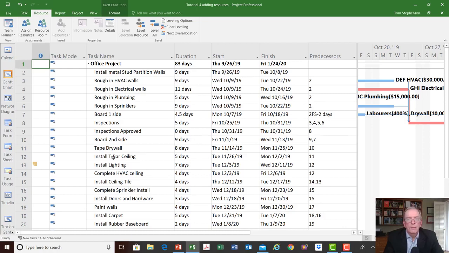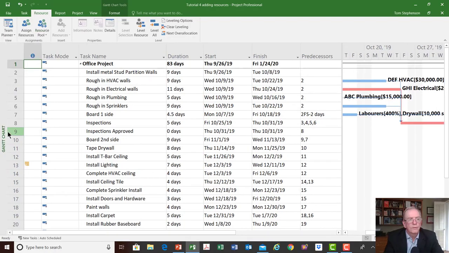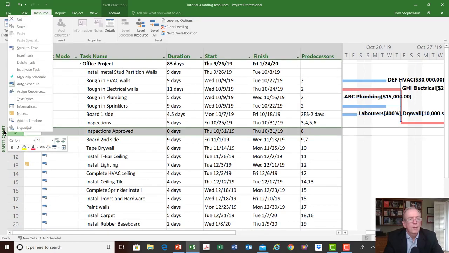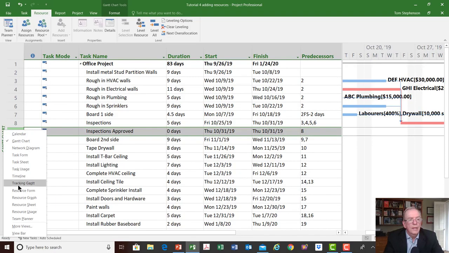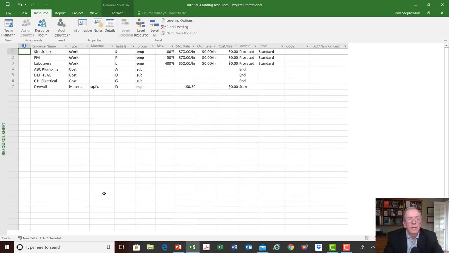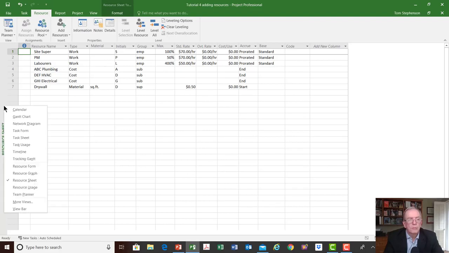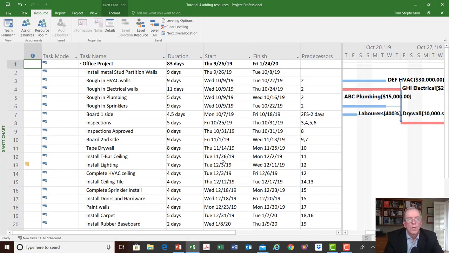Okay, so I think that is the main elements that I wanted to cover. We're very familiar now with switching screens. We can put in our view bar. We can get rid of our view bar. We can right click if we're over on the left side, and we can go to our resource sheet here, and that will give us an indicator of where the resources are. And we'll look at resources a little bit more in depth in another tutorial, but I just wanted everybody to have a good understanding of how we apply resources to our project